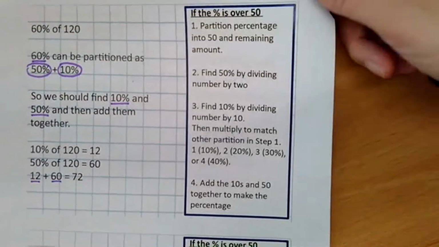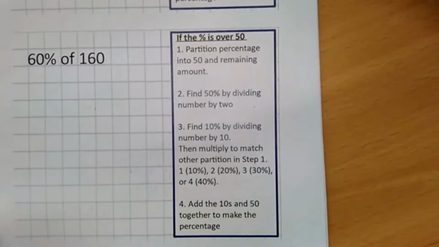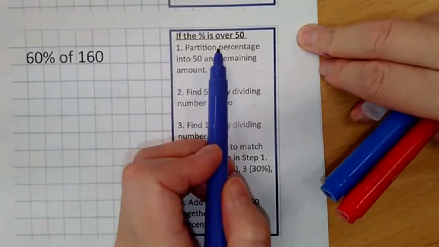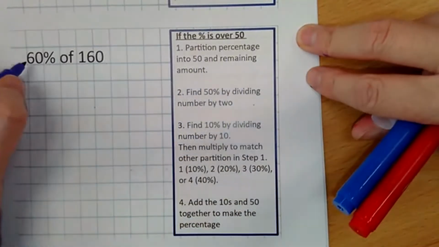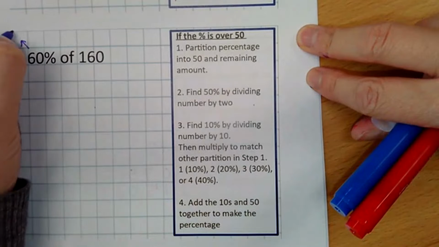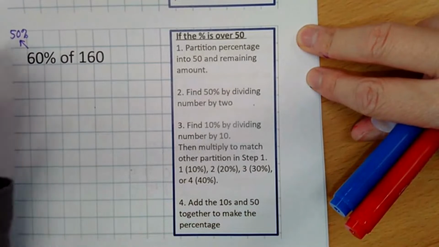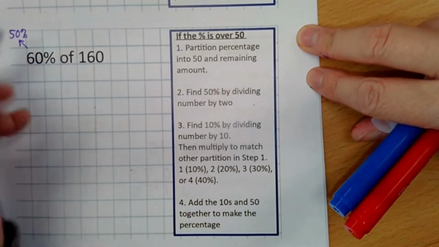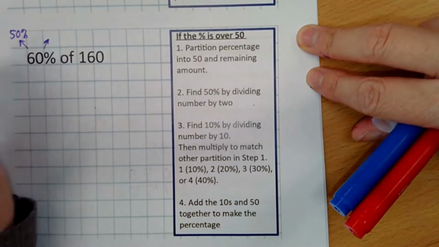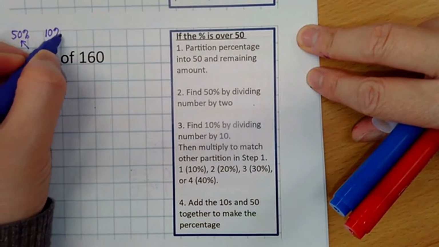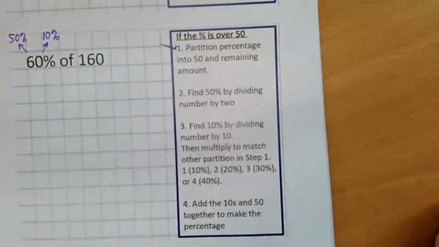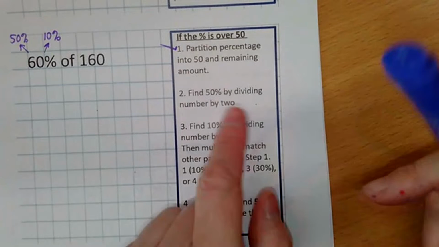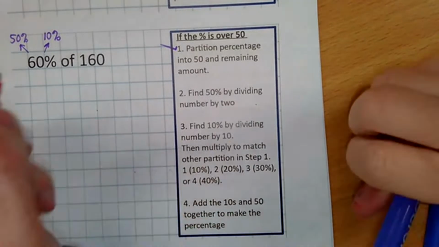Let's try here. So we're going to partition the percentage into 50 and the remaining amount. So here we have 50%. And what else? What do I need to get 60? Good, 10%. So I know that I need to find 50% and 10%. Now I need to find 50% by dividing the number by 2. So